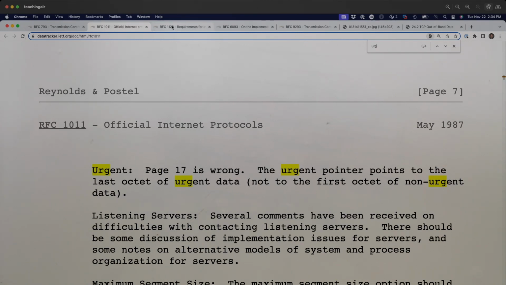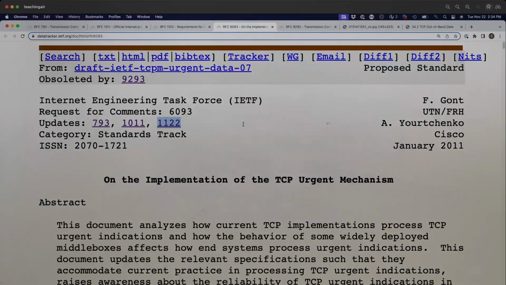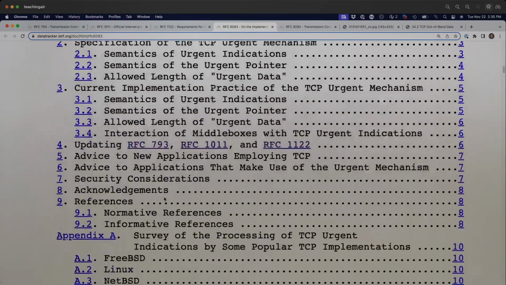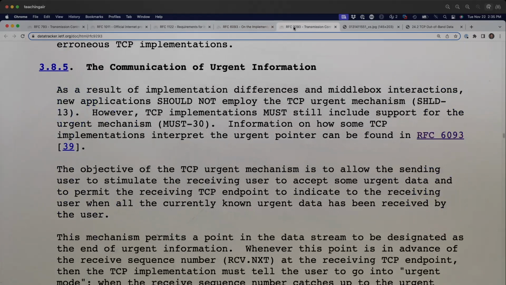Well, sadly, this sort of keeps coming back here. And this is in 2011. Actually, someone created this RFC here. This RFC is 6093. And in this RFC, it's really more a status report on what's going on here with the urgent data, and that there are basically incompatible definitions, and then here a little bit of how, at the time, different operating systems implemented it. And more recently,